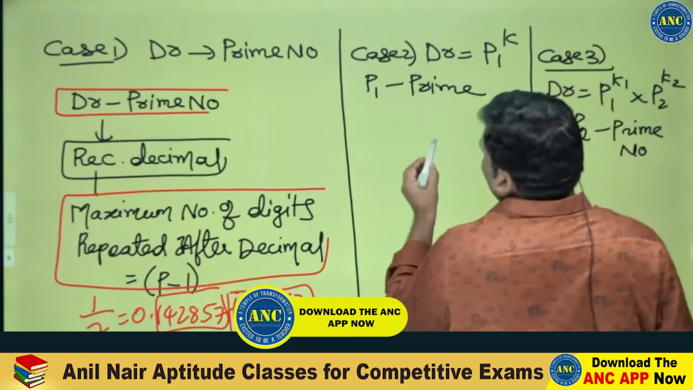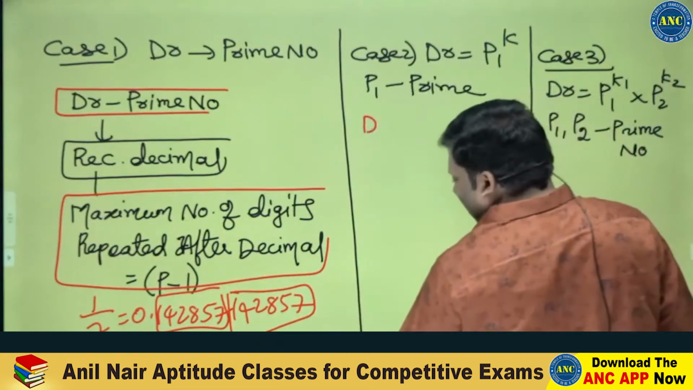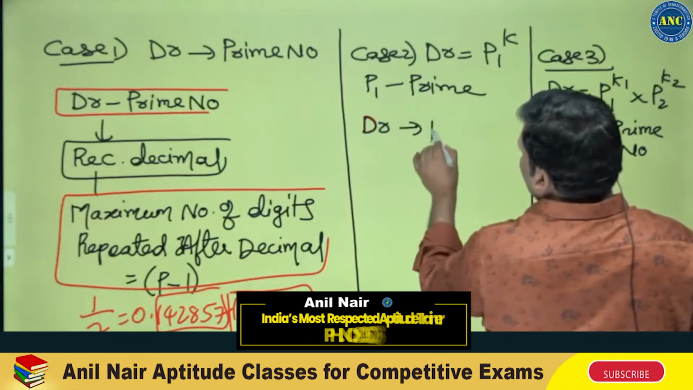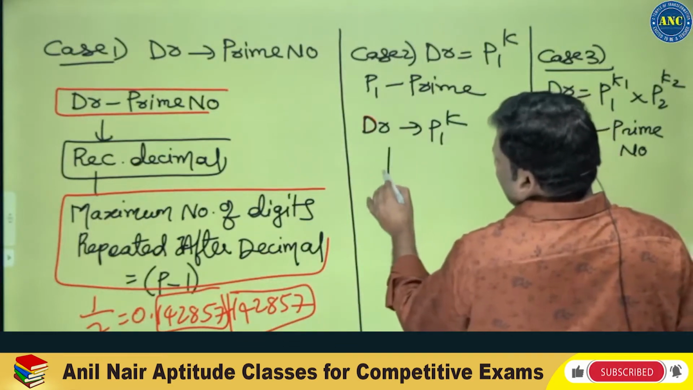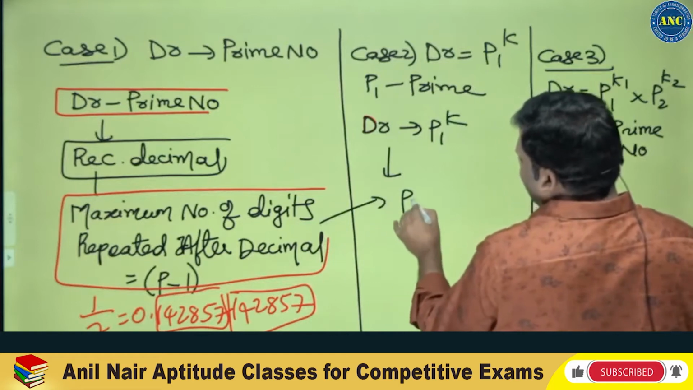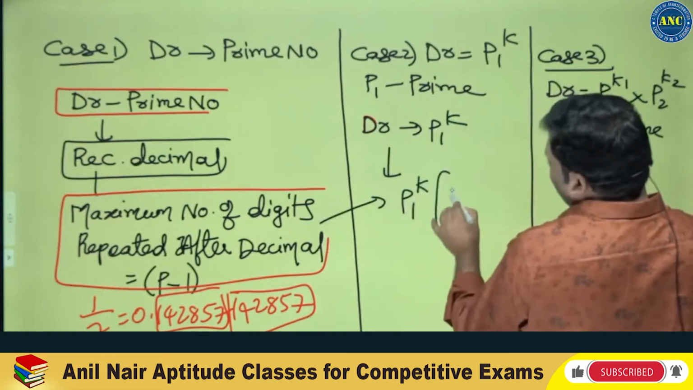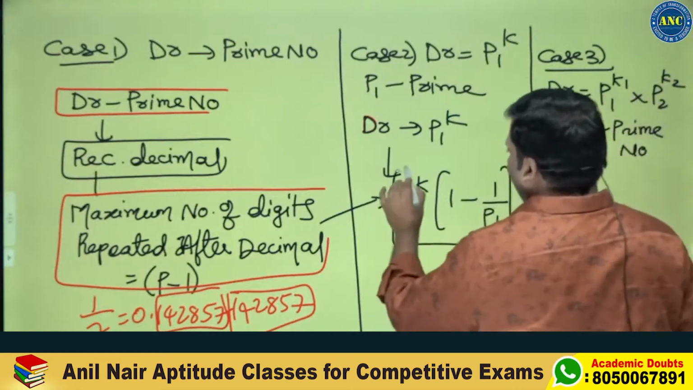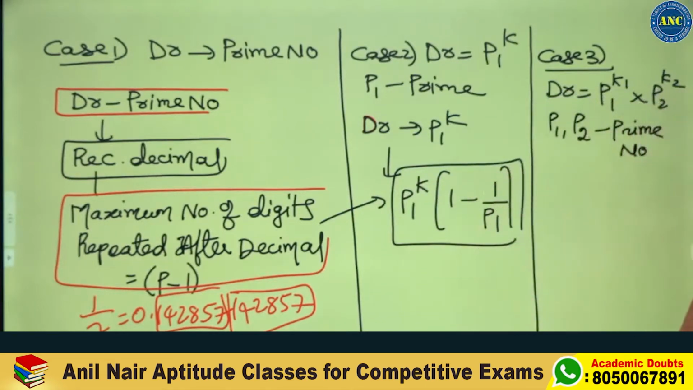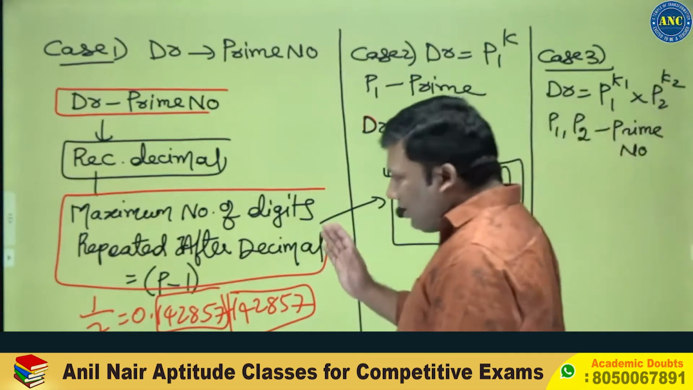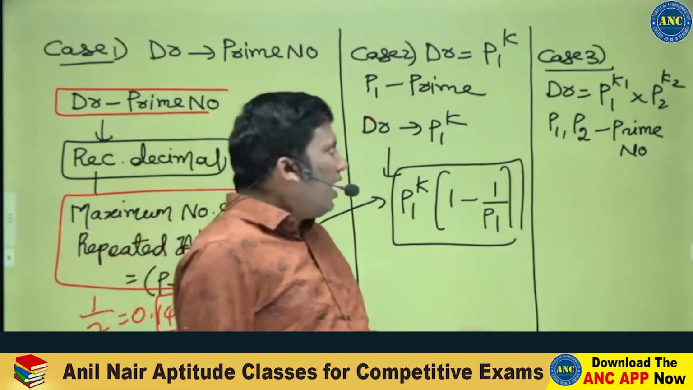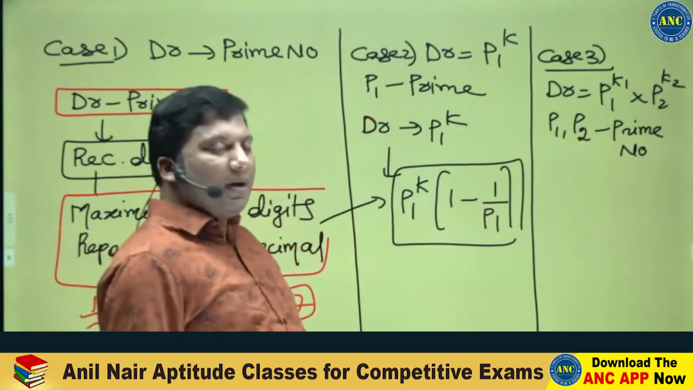If the denominator is P1 power K, the same concept applies. The maximum number of digits that get repeated is P1 power K into 1 minus 1 by P1. This is very beautifully explained in the book Higher Algebra by Hall and Knight, and all these conclusions are based on